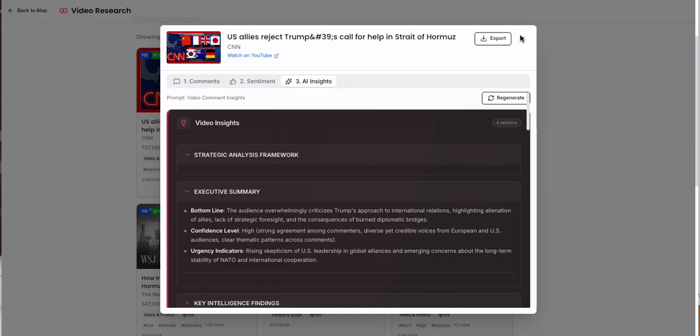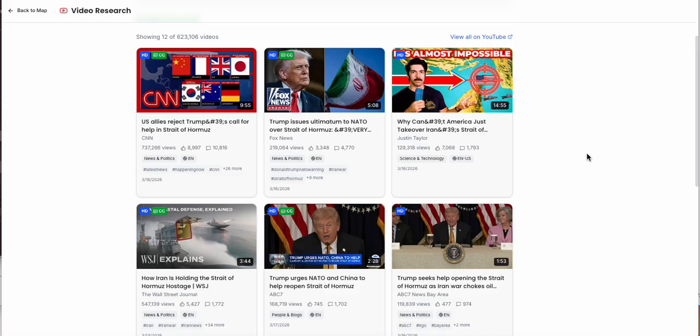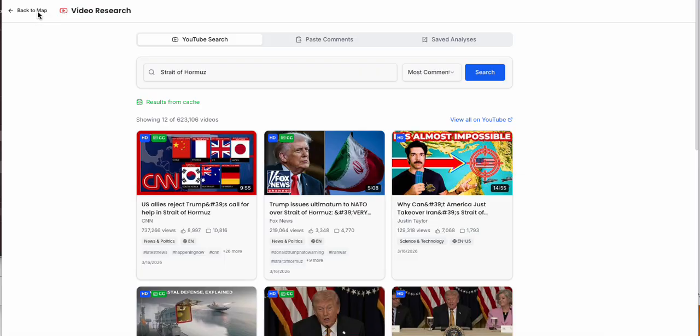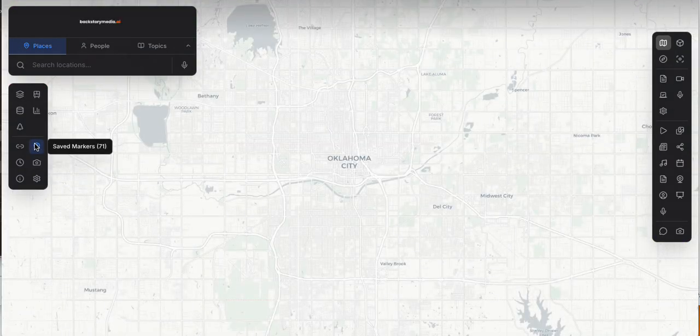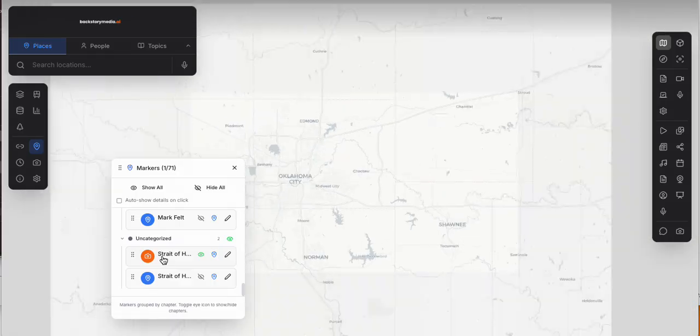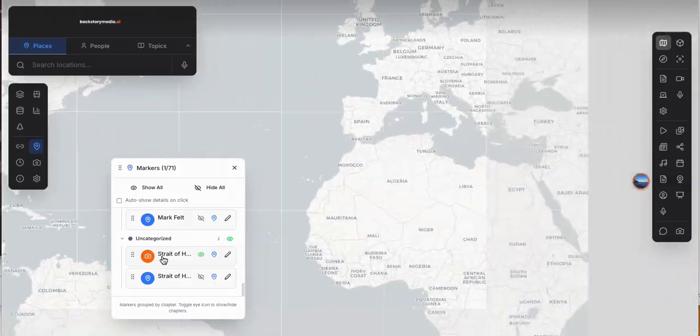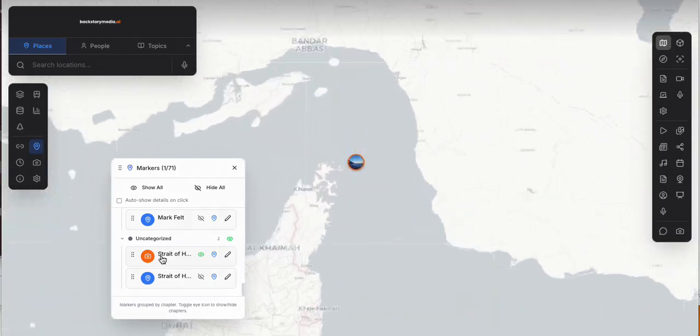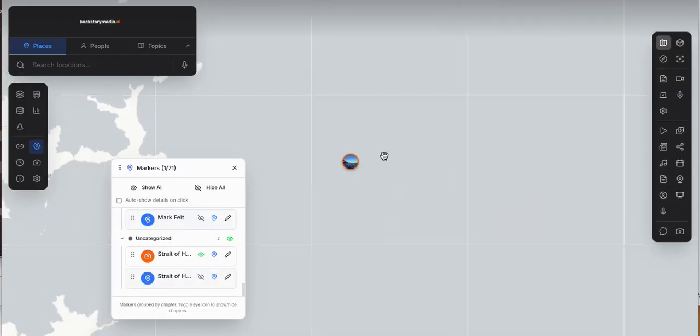marker, because remember, that was my goal. But I've now downloaded this report so I can use it later. So let's go back to my map, and I'm going to go back to my marker point. Probably should save that in so I don't have to show you, but hey, isn't that a cool animation? Okay, so now